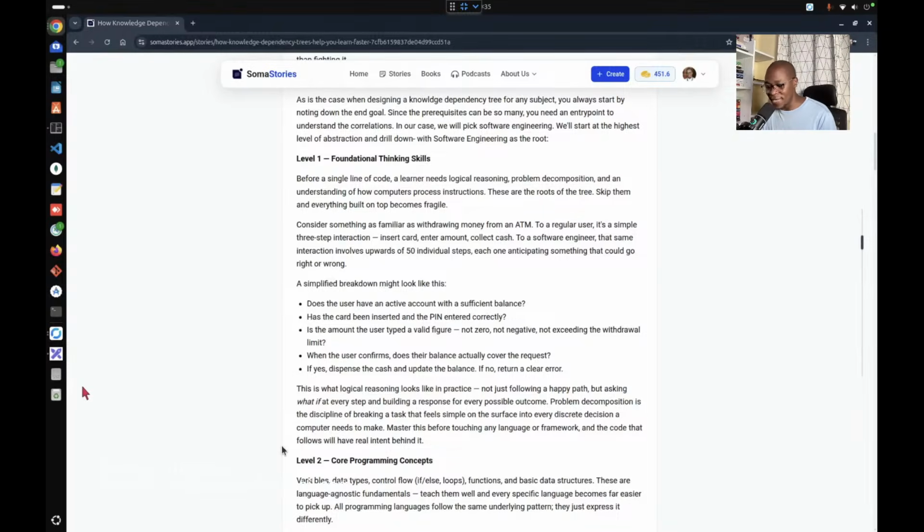For example, somebody might type 0 or negative 2, 3. Of course, ATMs don't have negative, I think, but somebody might type 0, which is invalid. And then when the user confirms, does their balance actually cover the request? You cannot withdraw 200 shillings when you only have 50 shillings in your account. And so on and so forth.